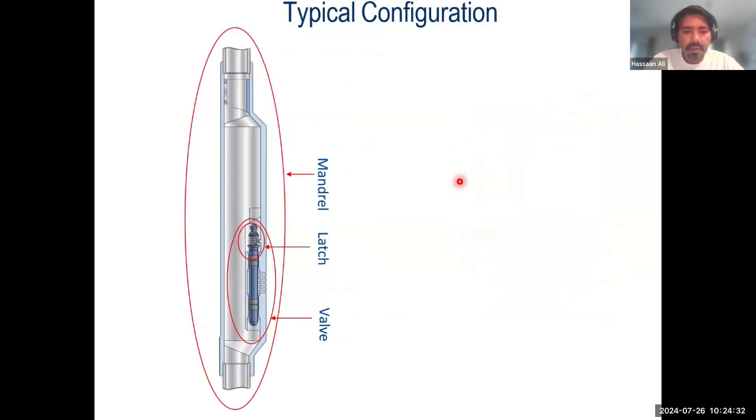We are going to talk a little bit about the gas lift system, or gas lift station, what we call it. As I mentioned earlier, there's this carrier which is part of the completion called a gas lift mandrel. This gas lift mandrel acts as a housing for the gas lift valve. This gas lift valve is installed in what we call a pocket of the gas lift mandrel. And on top of the gas lift valve, there's a latch, and the latch is there to securely hold it in position,